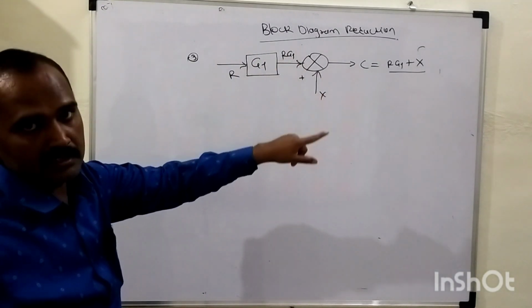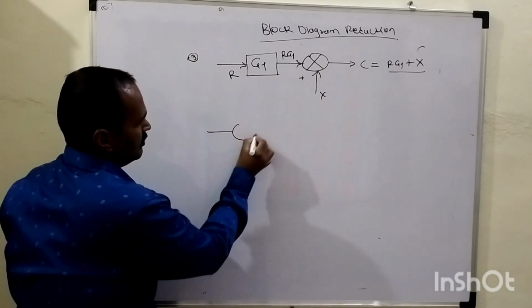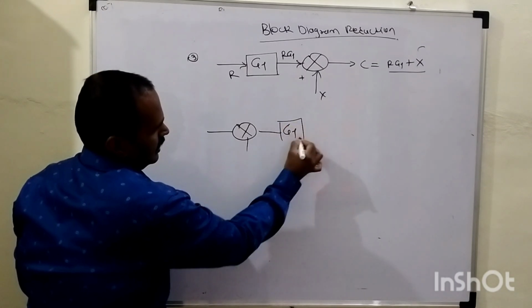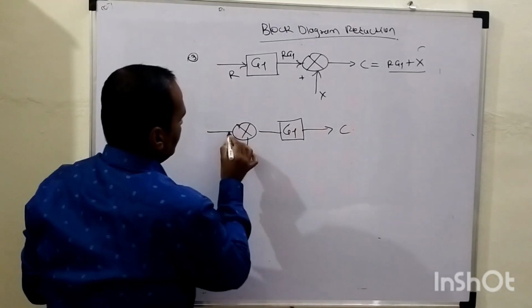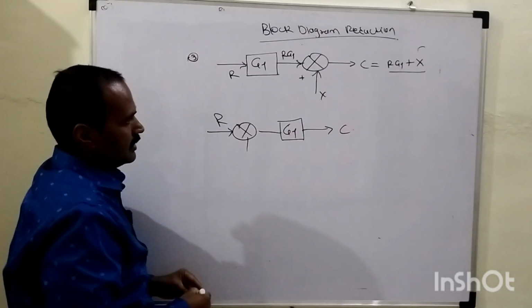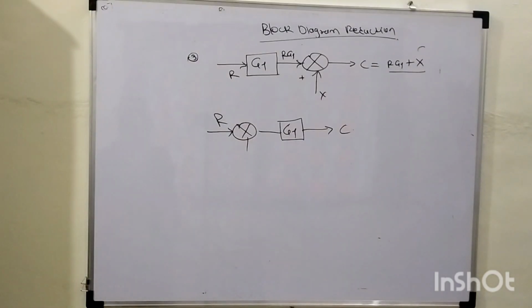For that purpose, we need to declare that statement first. So when I shift this summing point directly before this block whose gain is exactly equal to G1, then what will happen? See, this is C, this is nothing but R. When that summing point is being shifted, so at that time